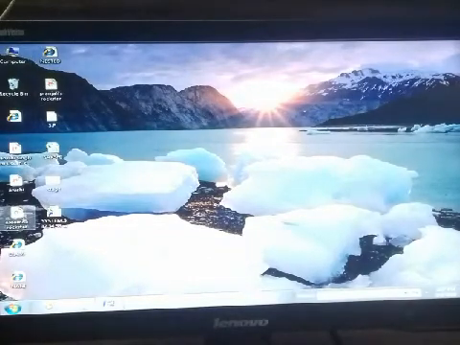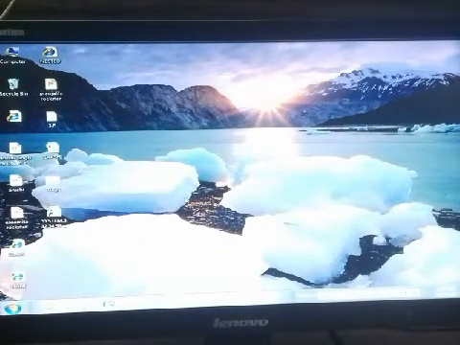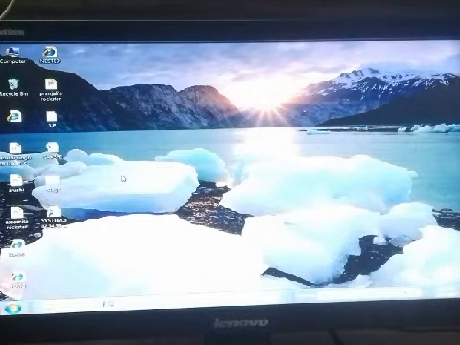I am going to show you, this is the desktop screen. Here you can see, when you start your computer, after booting, the first image that shows on your monitor is called the desktop. The opening screen of Windows is called the desktop.